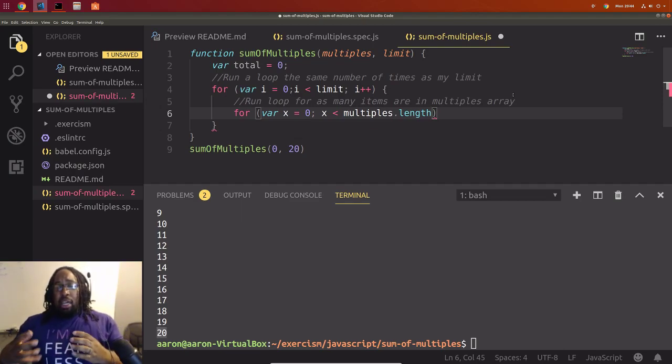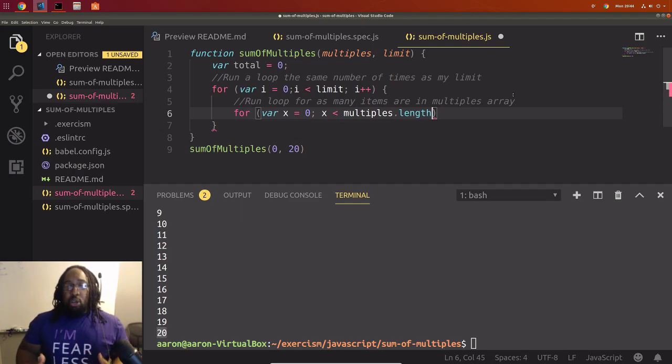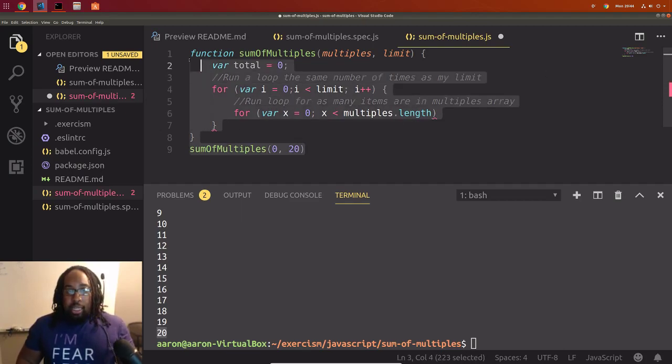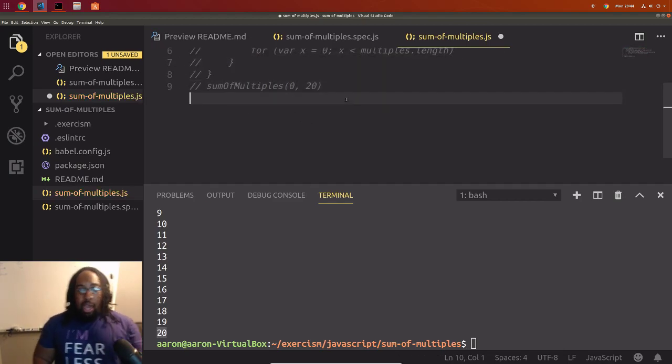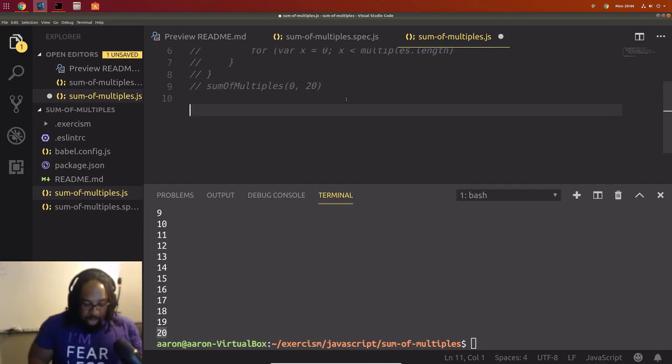Remember I said an array was an iterable list of objects or items. Using .length is going to check how many things are in there. So I'm going to comment all this out just to show you what the .length thing does. I'll make an array, var array1 equals, and we'll put in the number 1, the number 4, number 7, and the number 9.